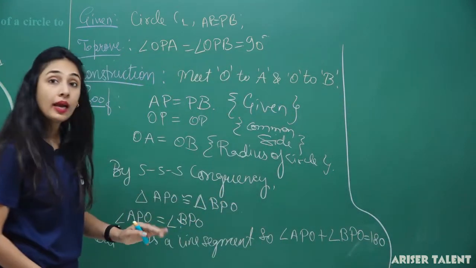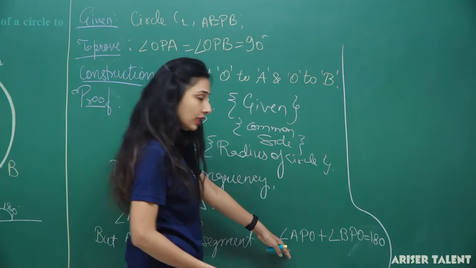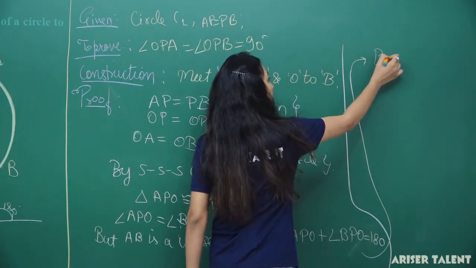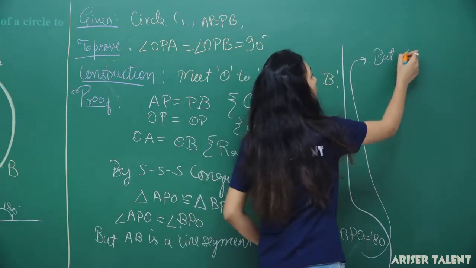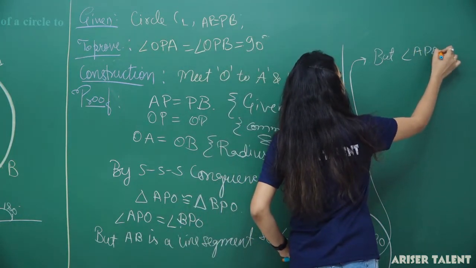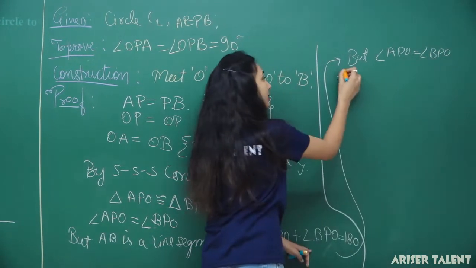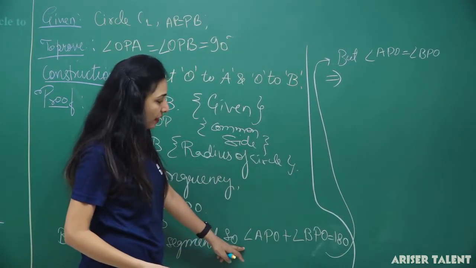It is 180 degrees, but these two angles are equal. So angle APO equals angle BPO. This implies that, if this is equation 1,